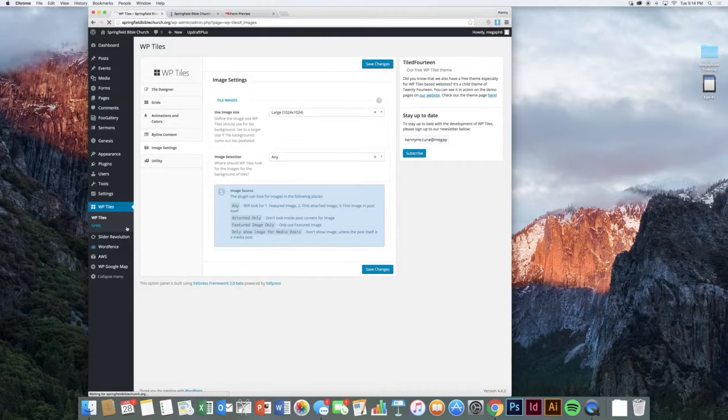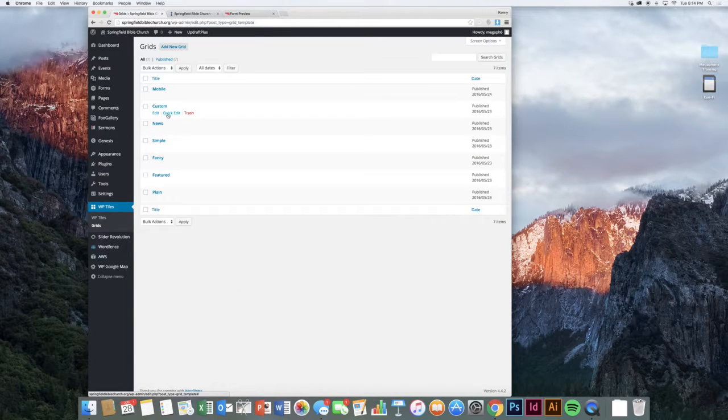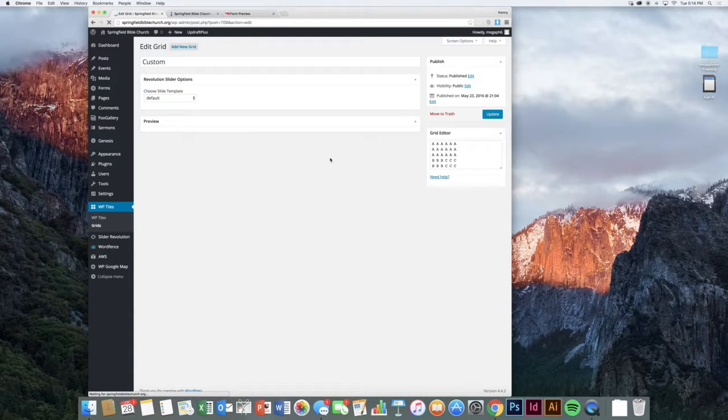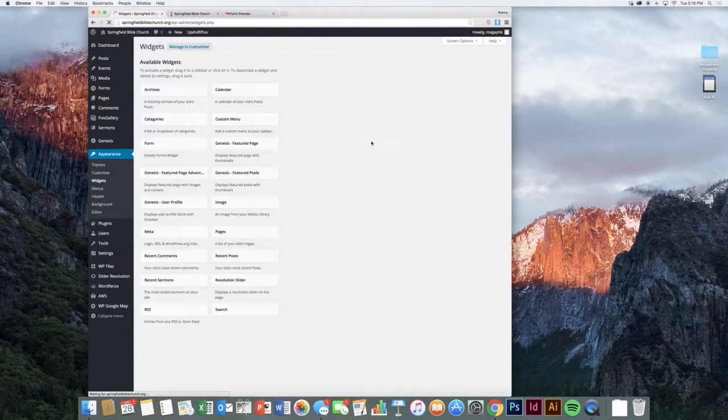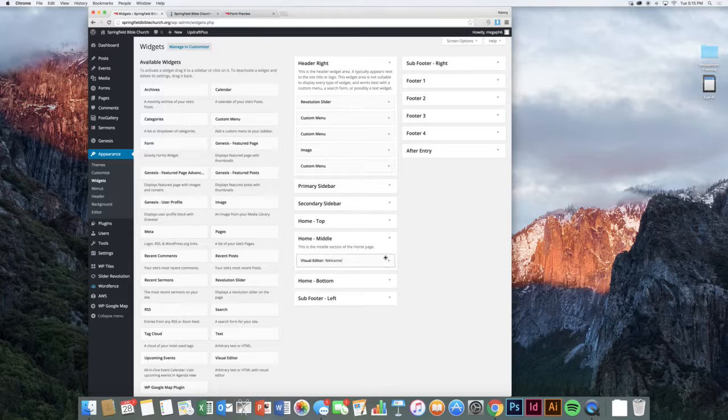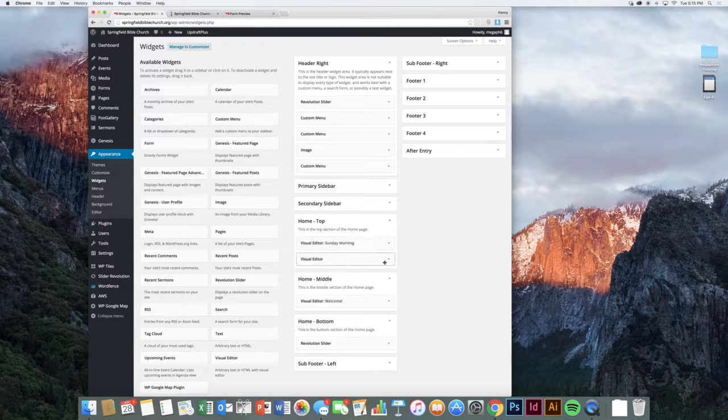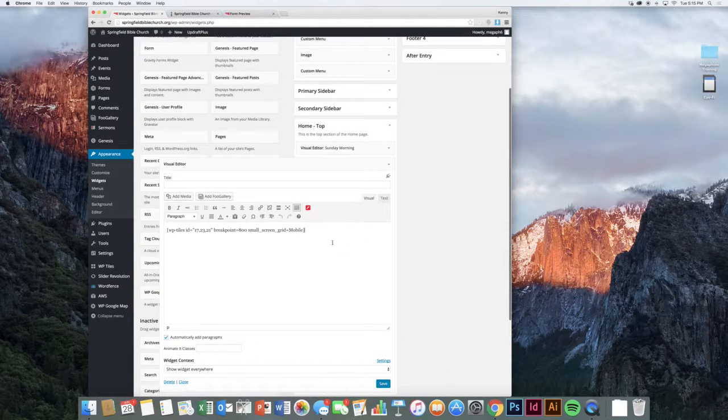Under the grids part of it, this sets up the arrangement of those tiles, and I think this is us right here, yeah. You use these letters to represent it, and then it splits it up in the right way. The more important part is getting it within the widgets. We'll go back there for just a moment. You have it within the widgets in the right way. There it is. And so it's a shortcode, and that means that you can